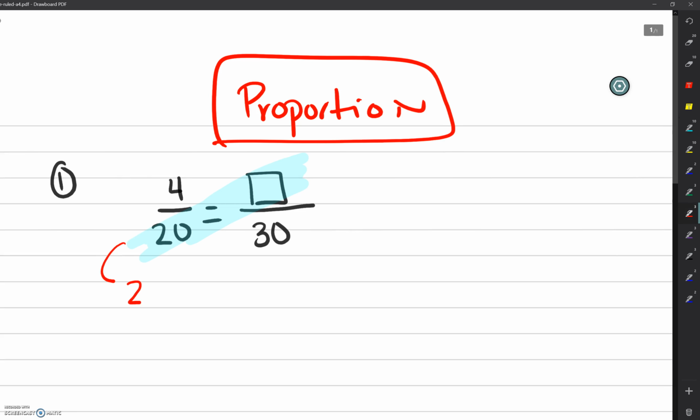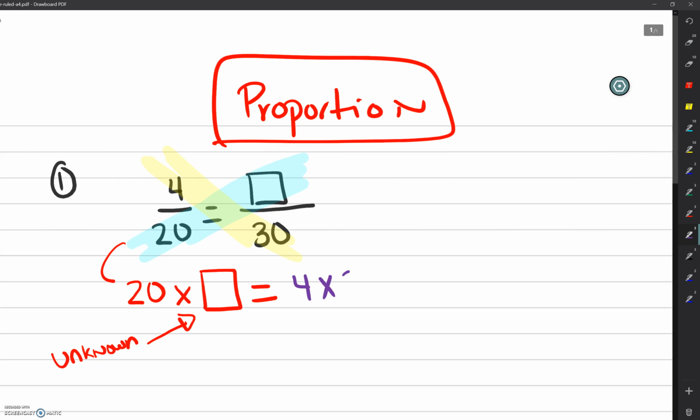So I would get 20 times a box, which is a variable. It's an unknown. And that is equal to, and then I go the opposite way, 4 times 30. Now what I'm going to do is simplify it. I'm going to multiply 4 times 30, and 30 times 4 equals 120,